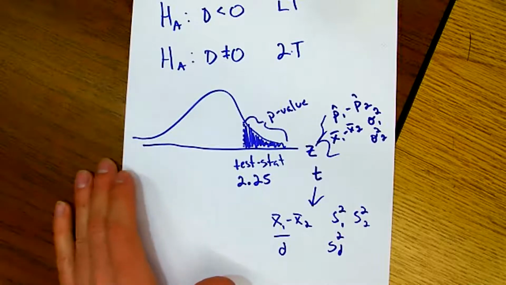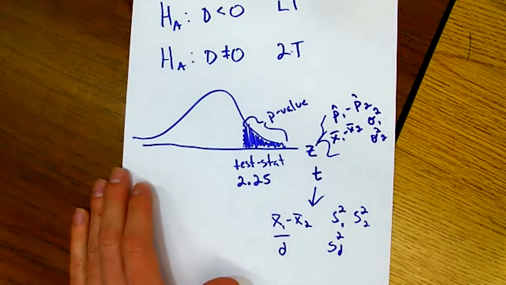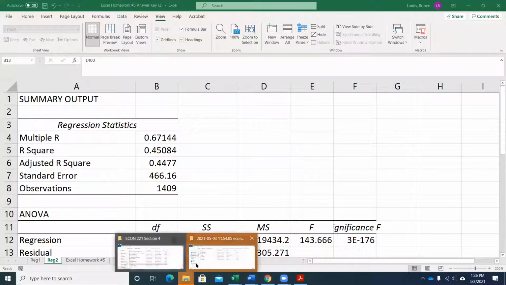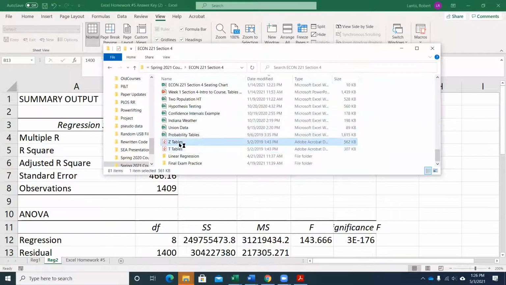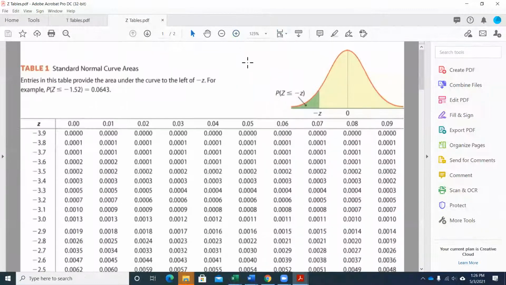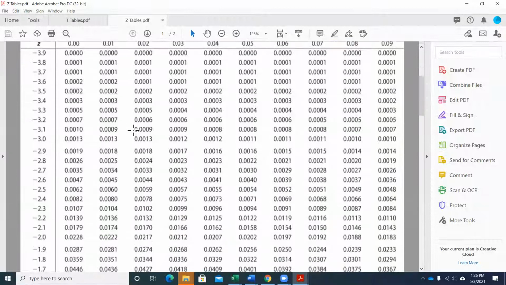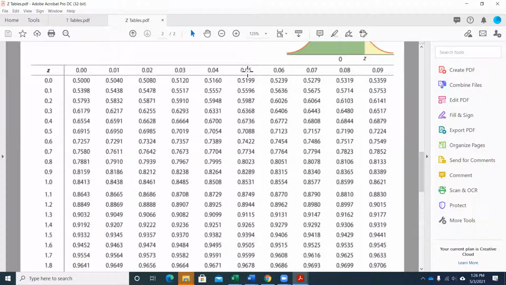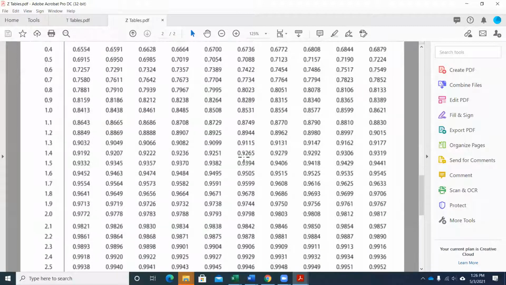So let's say I had a scenario where I was looking at difference in proportions. So I'm dealing with that standard normal. I've got my test statistic. I've got the student t-table, but not this one. There we go. So I've got my standard normal table. My test statistic is 2.25. So I scroll down here. Here's my 0.05. So 2.25,